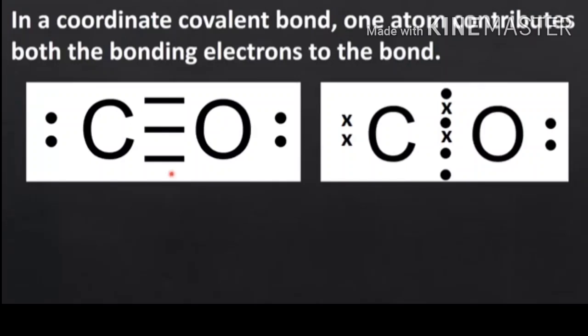Here the valence electrons of carbon are denoted by cross, whereas the valence electrons of oxygen are denoted by dot, so that we can easily distinguish between these two atoms' electrons. Here a triple bond is present between these two atoms, and out of these three bonds, two bonds are simple covalent bonds, which are formed by the sharing of two electrons of each atom,